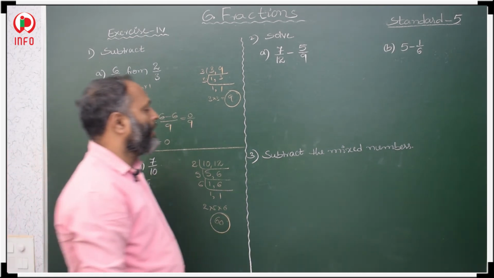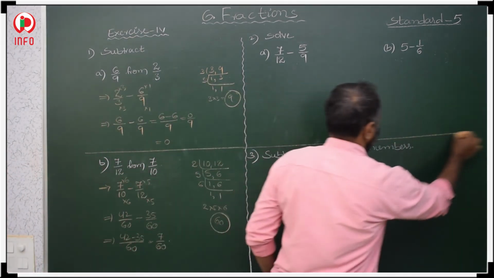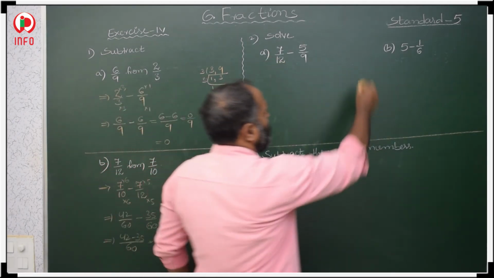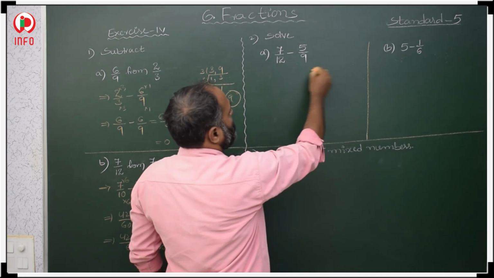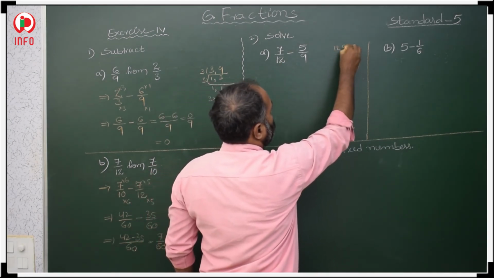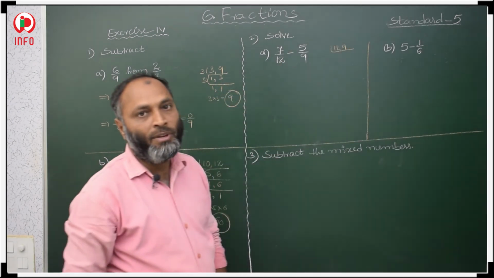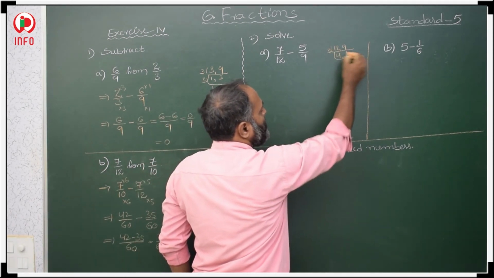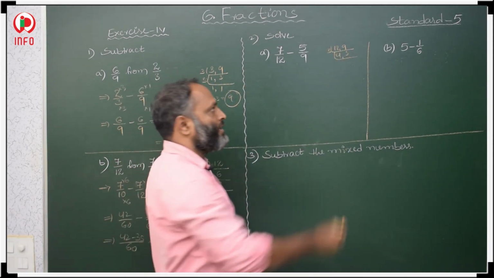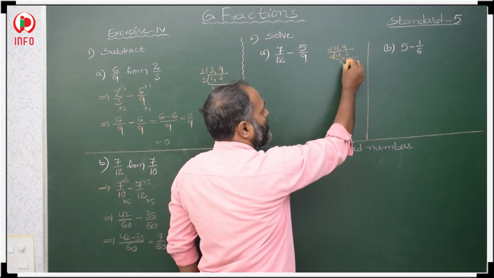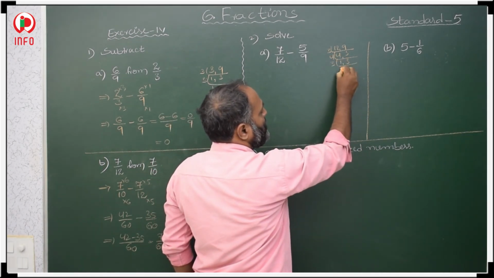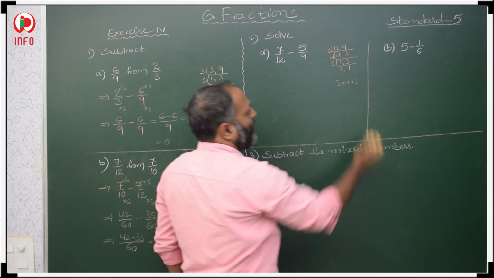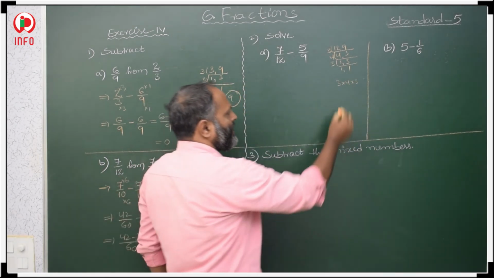Now here, in this we have to find the difference. So the LCM of these denominators, 12 and 9. These two are divisible by 3, so we take 3. 3 4s are 12, 3 3s are 9. These two are consecutive numbers, so we take them one by one. First take 4. 4 1s are 4. This 3 as it is. After that 3, this one as it is, 3 1s are 3. Now you multiply 3 into 4 into 3. 3 4s are 12, 12 3s are 36.